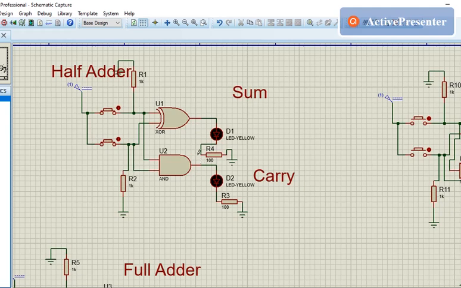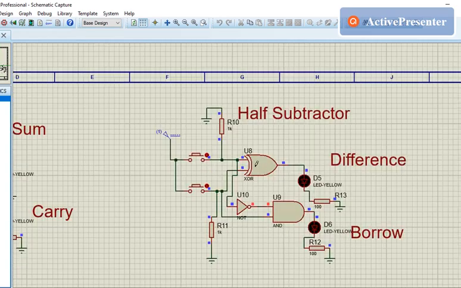So this is our circuit for half adder. Let's run the simulation. So this is 0 0 resulting in 0. Any of these if are 1, then our output will be 1. So if the output is 11, then we'll have a carry.